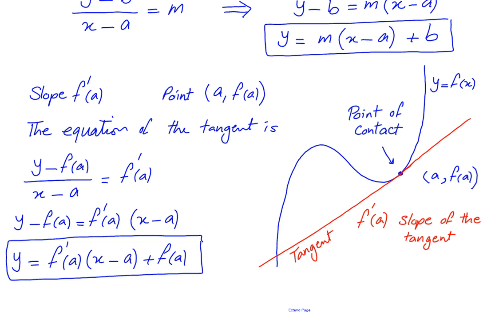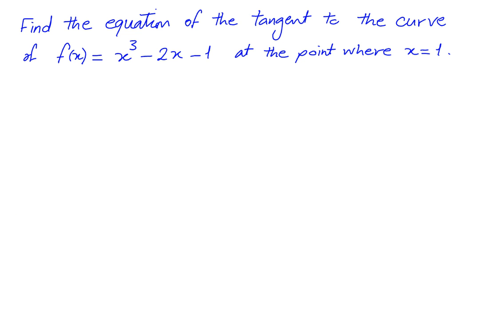So let's look at an example. The question is, find the equation of the tangent to the curve of f of x equals x cubed minus 2x minus 1 at the point where x is equal to 1. So the first thing I'm going to do is to find the point of contact. So the point of contact